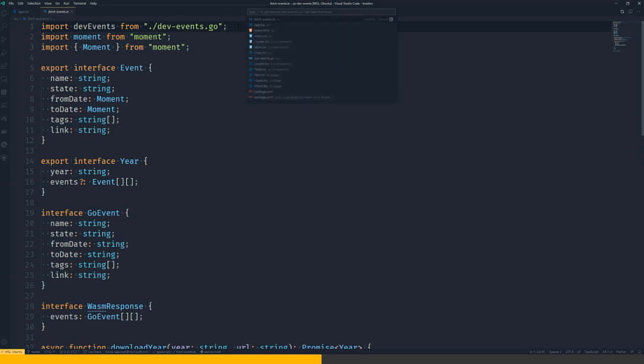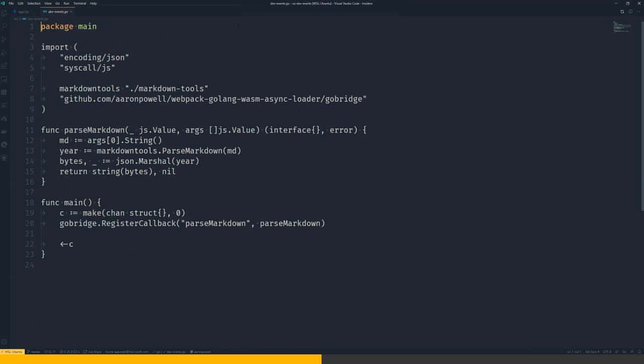devEvents.go is, unsurprisingly, a Golang file. Here we're using the Markdown Tools library that I've created, which is the same one that our console application used. I have a Golang module that I've written that does some interop with Webpack and a Webpack build step that I'll show you in a moment.